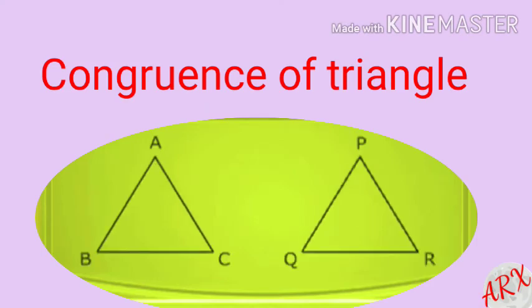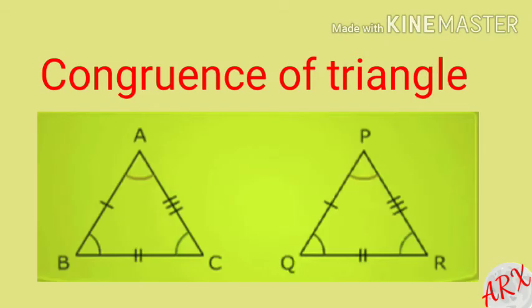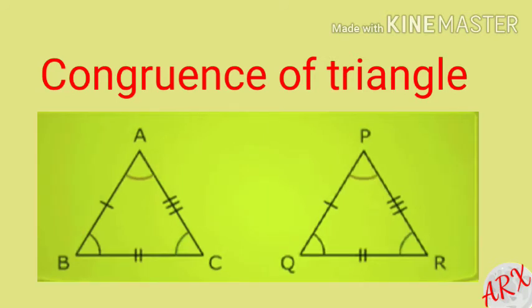If a triangle placed upon another triangle fits exactly with it, then the two triangles are said to be congruent. Congruency of triangles we studied in 8th standard. With one-to-one correspondence between the angles and the sides of two triangles, we get 3 pairs of congruent angles and 3 pairs of congruent sides. Congruent sides and angles are shown by similar signs.